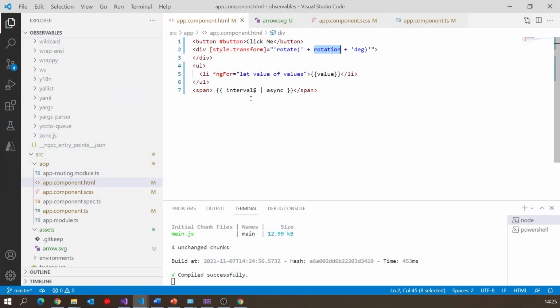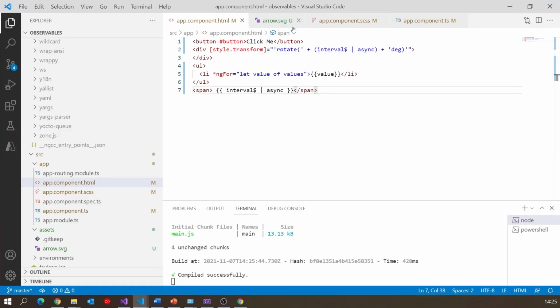And the really nice thing about that async is, although underneath the covers, it clearly does have to subscribe, it tidies up after itself. So you won't get this issue of leaking if you do the async pipe. And so best practice is normally to try and avoid subscribes as much as possible. And if you do everything through an async pipe, that'll be a lot tidier. So that really gives us what we need now, because back up here on the rotation, if I just take that bit of code and put it in there, and then also put it in brackets just so it knows the precedence.